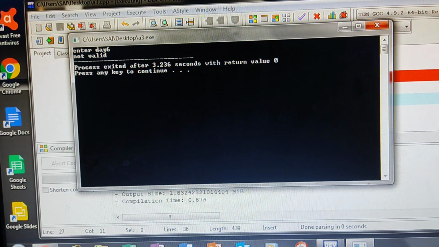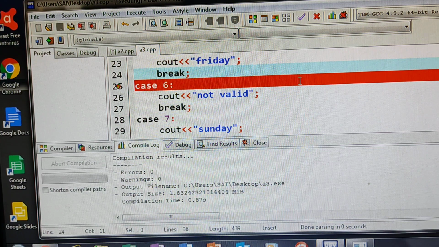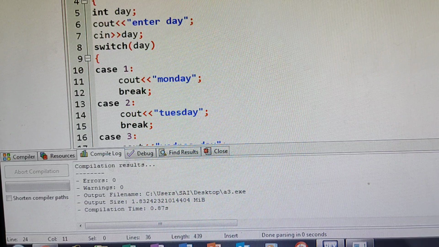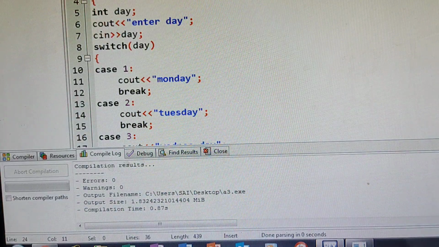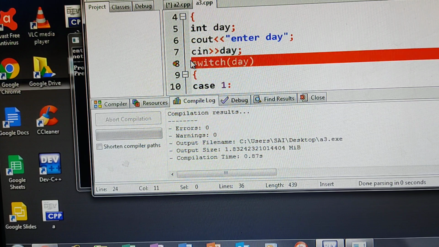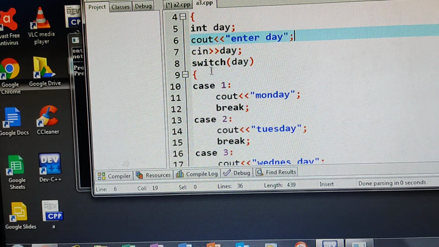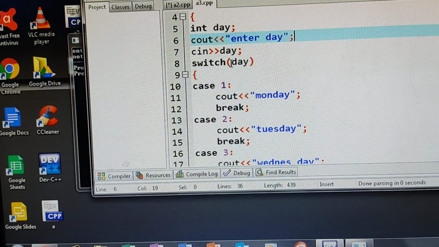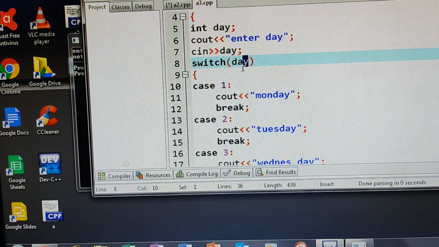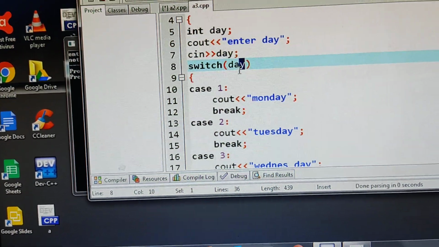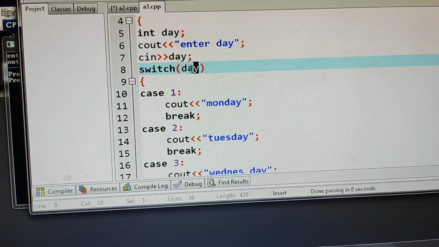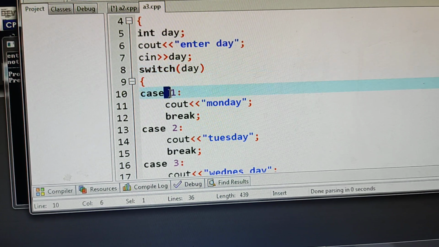So this is about switch statement. Here I have explained a few conditions in the theory. Switch is a keyword, as it is you should write, and it is a constant value. It is a unique value. Example, just now I have given 6. It is some constant value. So it should have a value, and whatever value you have given in the relation expression, that is compared with the case labels.